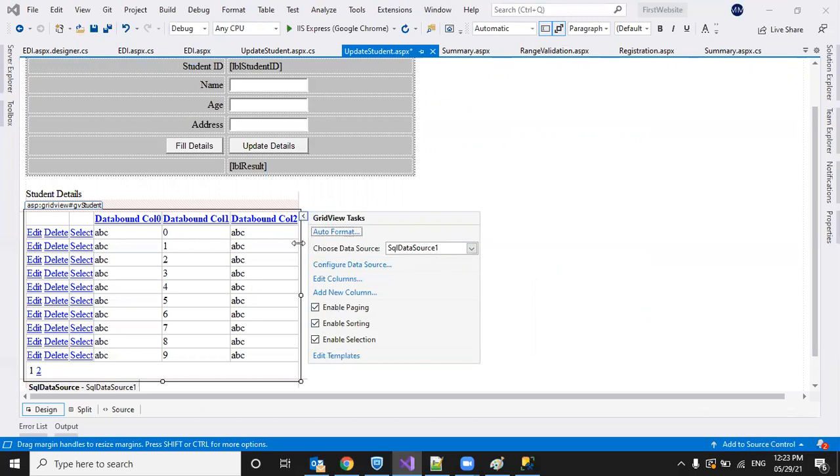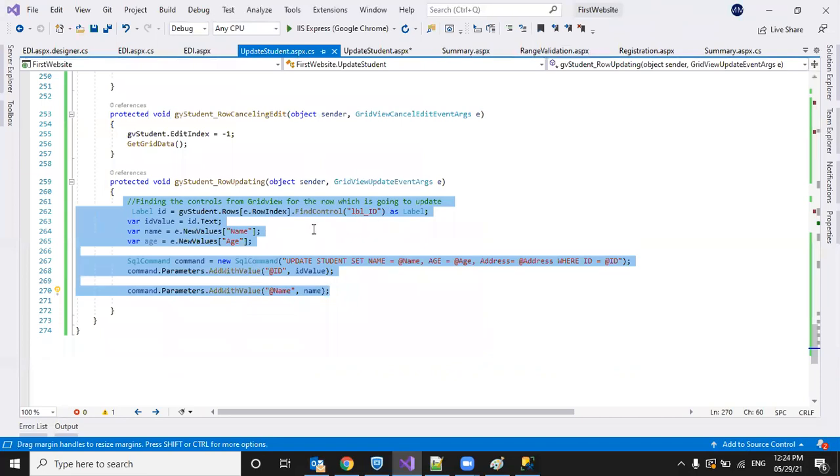In less time we can handle all the operations, paging, sorting, selection, editing, deleting, adding, everything within seconds. But if we have to write it programmatically, it takes a lot of time. So when there is a customization, or when there are multiple tables, we have to handle it in a manual manner like this. We will see one after the other tomorrow.